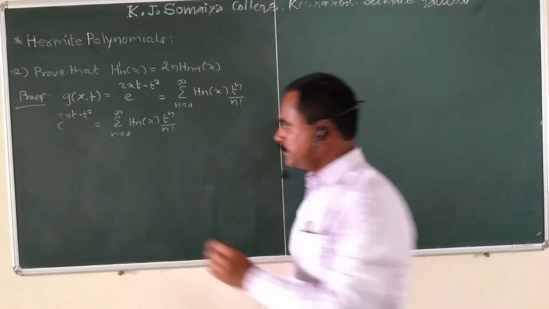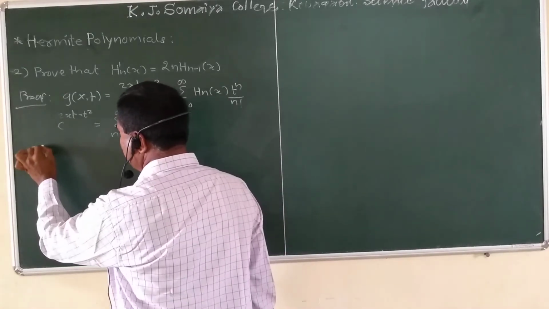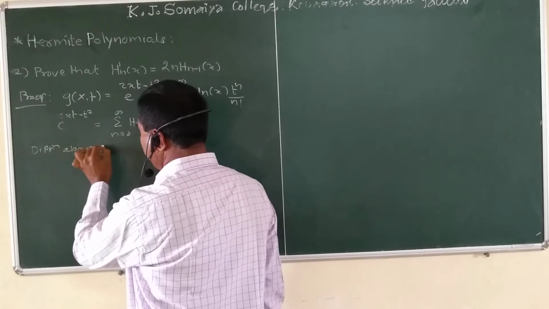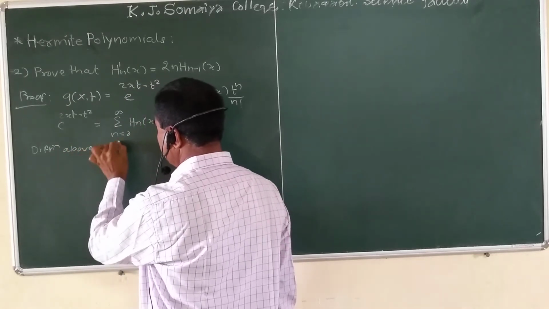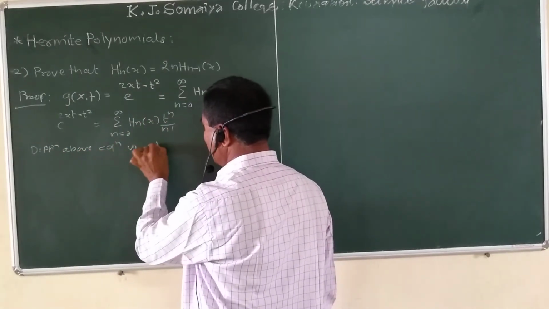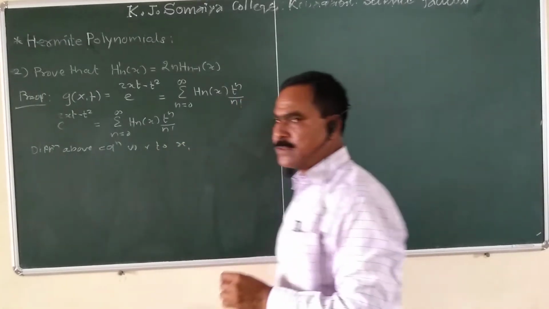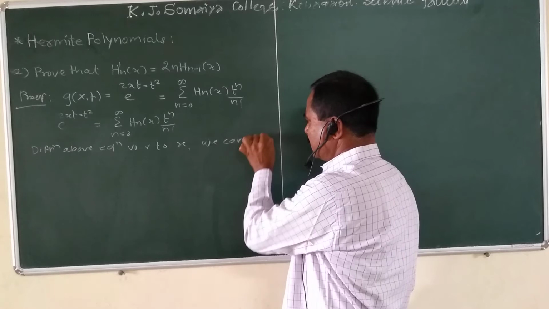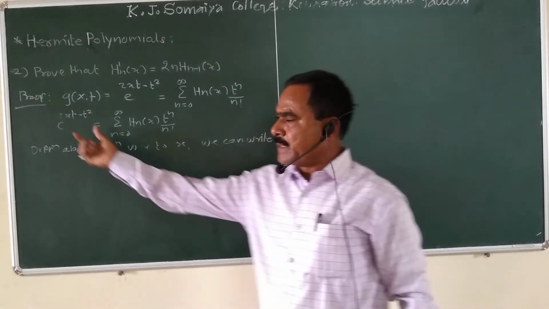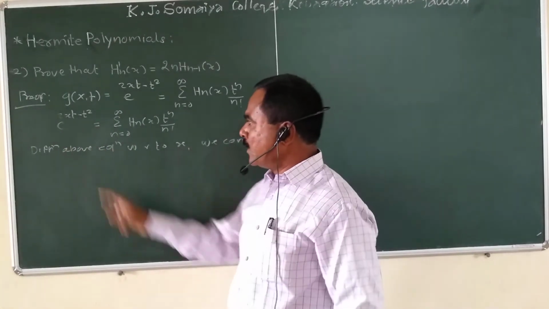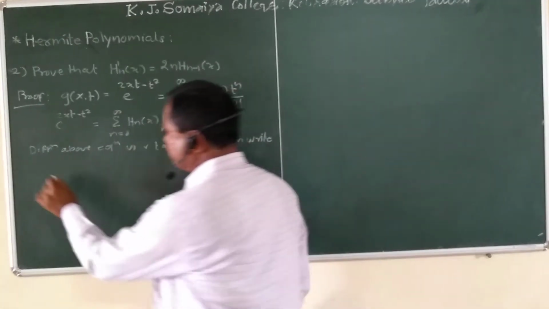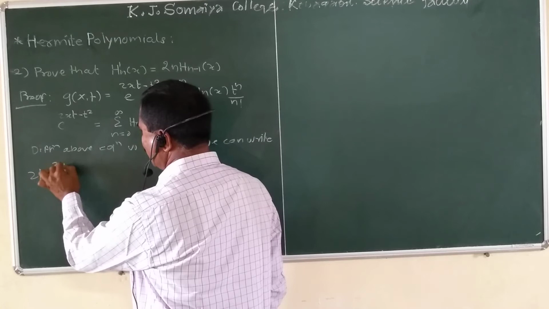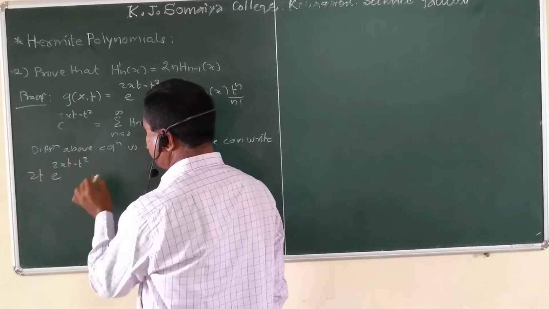So, differentiating the above equation with respect to x, we get 2t e raised to 2xt minus t square equal